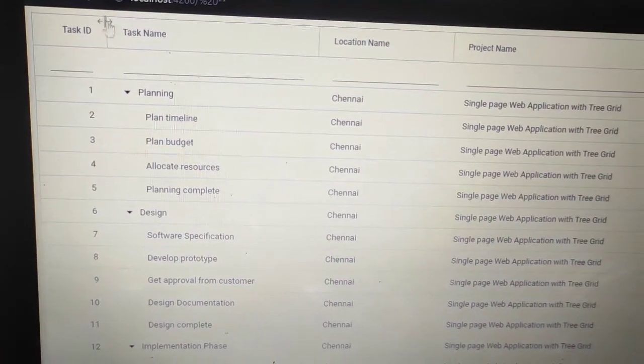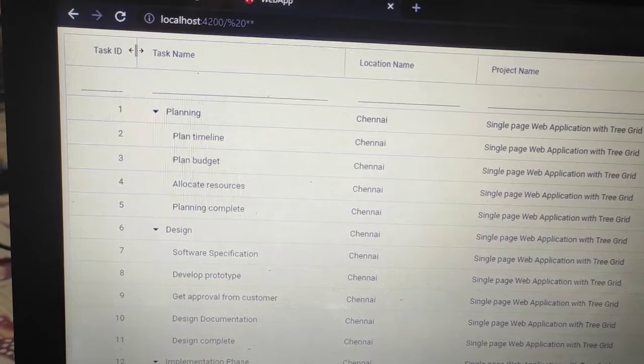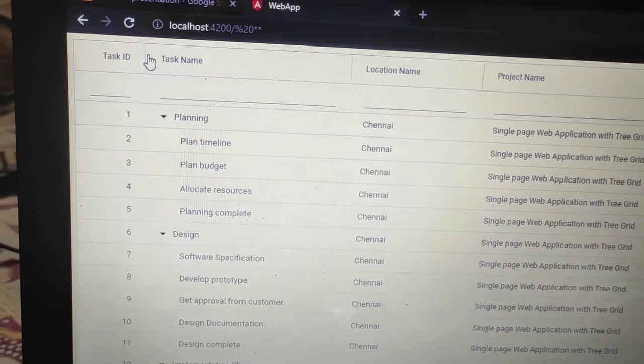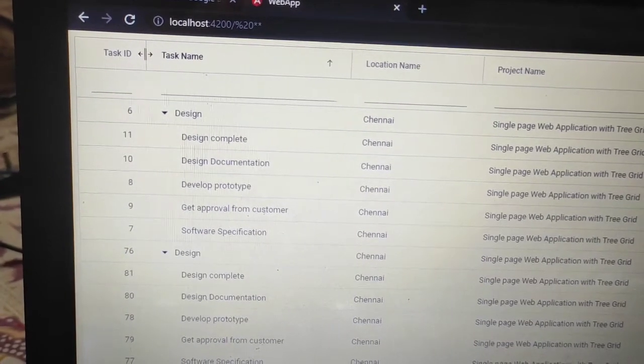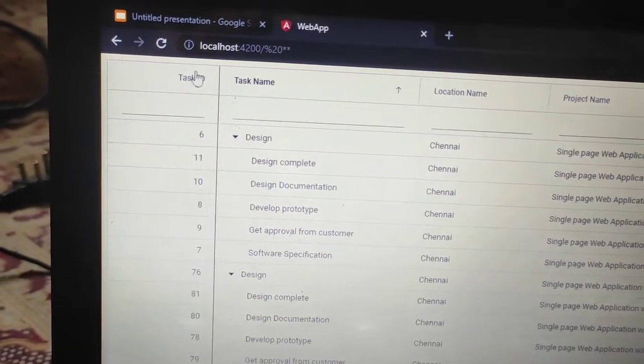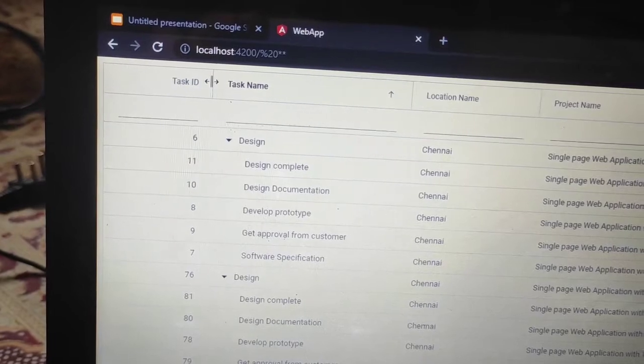To check the property of resizing, we can resize this column, so here we can resize the column.